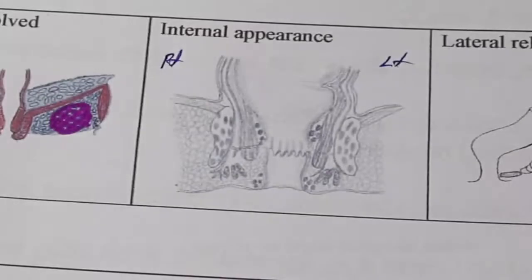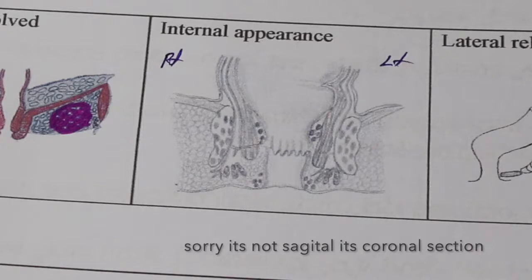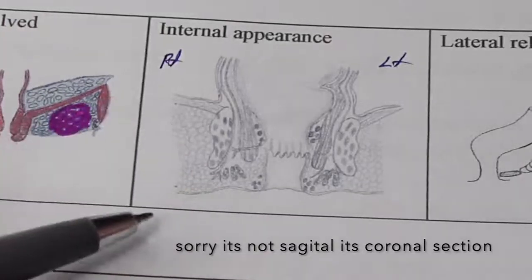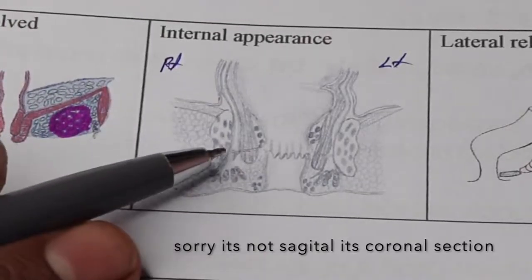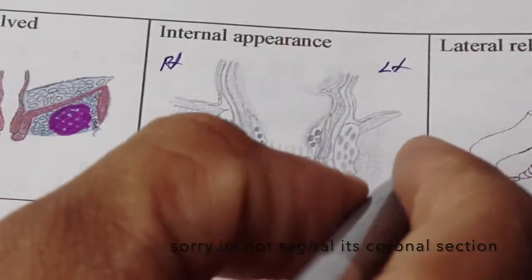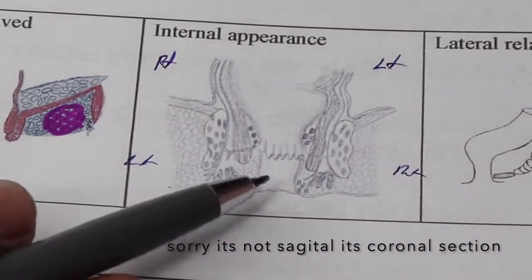If you mark like this, then this will give you an idea which sagittal section you are seeing, whether you are seeing the posterior sagittal section or the anterior sagittal section of the inner rectal region. If this is the left side and this is the right side of the patient, then we are looking at the posterior sagittal section of the patient. If this becomes right and this region becomes left, then we are looking into the anterior sagittal section